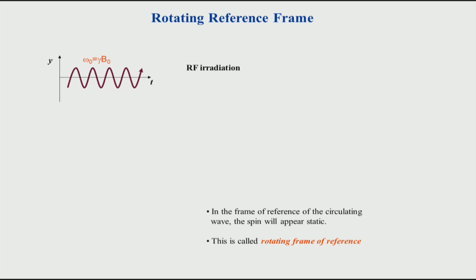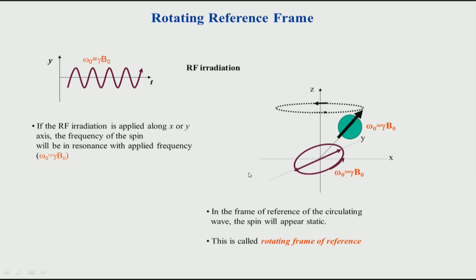Now, how do we achieve the excitation? Remember, we have to take the molecules from the ground state to the excited state. For that, we have to invoke the rotating frame of reference. What is the rotating frame of reference? We saw that there is a spin which is oriented like this, and it is revolving in this direction. This is the angular frequency, given like this. Now, the RF radiation which we apply for excitation also has this frequency omega. So, if you picturize this, I am applying a radiation which is circulating.